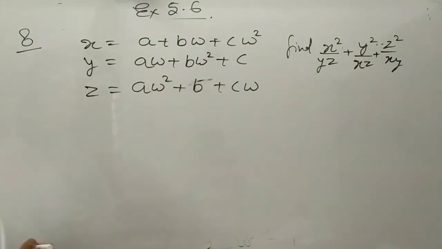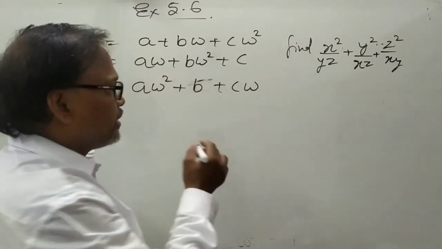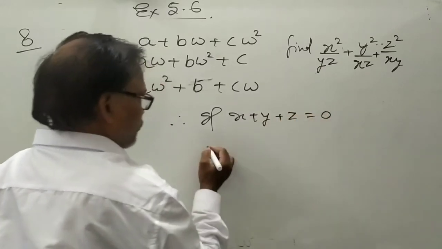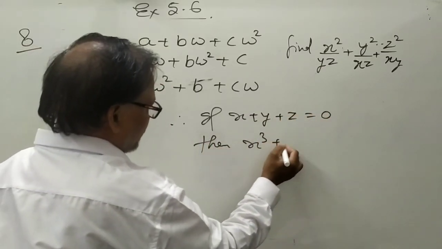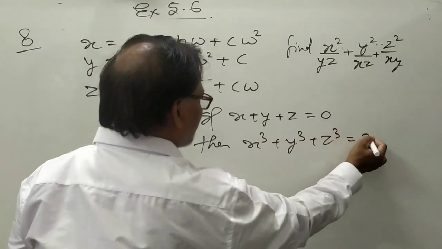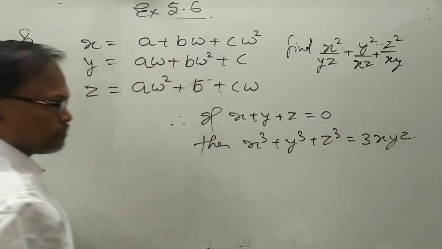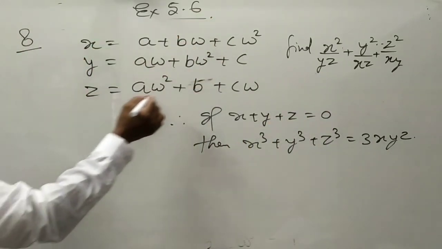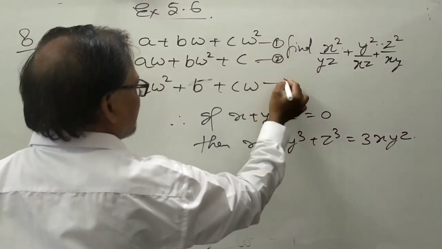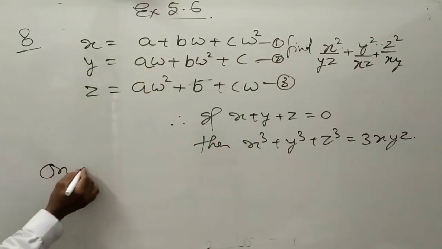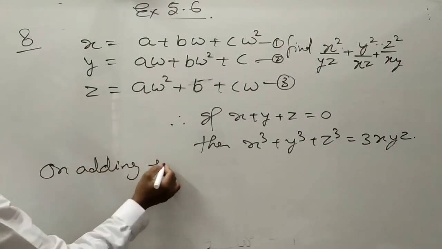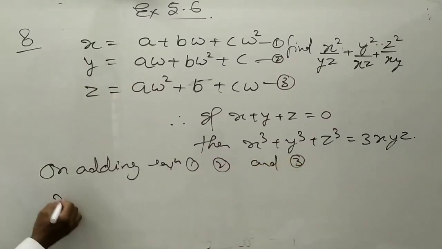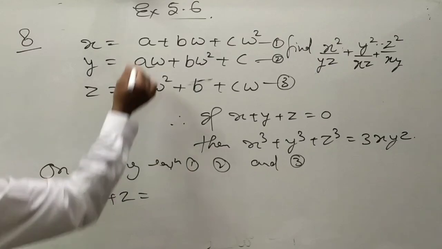How to find it? First of all, one thing to tell: you will know a relation that if x plus y plus z is equal to 0, then x cube plus y cube plus z cube is equal to 3xyz. That you know. In this case, if we add these three equations, then see what we get. On adding equations 1, 2 and 3, what will you get? x plus y plus z. a is common,